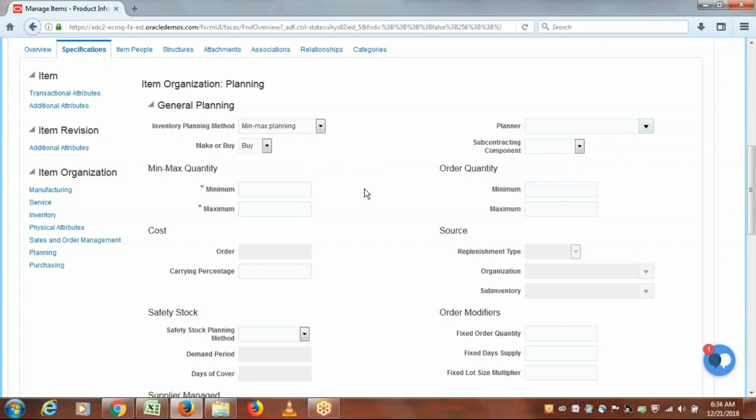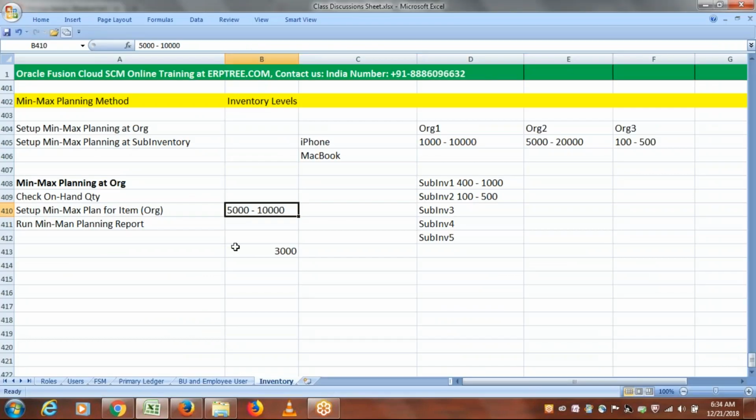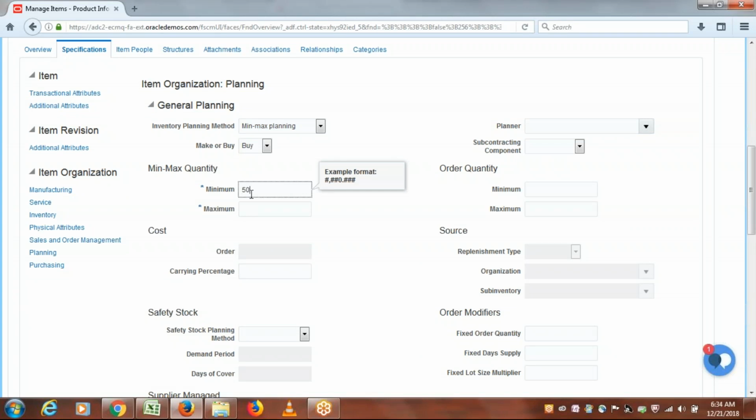Also at the time of item definition, we just select a template, the purchased item template, which enables the relevant attributes. Here you have to specify what is the minimum and maximum quantity you want to maintain for this item in the specific inventory, dollars inventory. So here, as we discussed, minimum 5,000, maximum 10,000. You can give the specifications